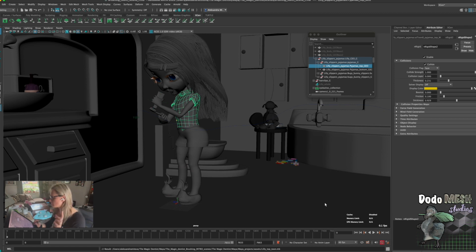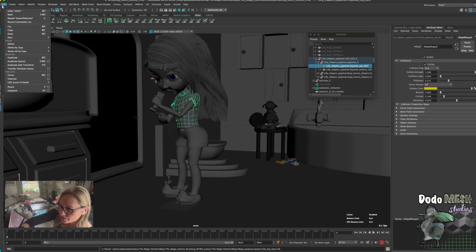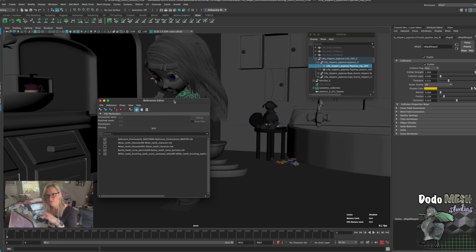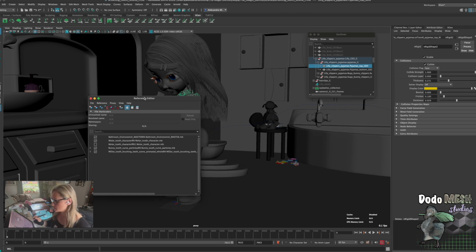Yes, I wanted to show you one quick thing, because before the summer holidays I did a video on referencing files, and specifically for characters with a rig and amending skin weights and everything. So what I've decided to do with this project is, let me just open the reference editor so I can show you what I decided to reference and what I didn't reference. I'll give you my reasons why. Okay, so for those of you who haven't seen the video from the summer holidays regarding amending skin weights in reference files for characters' rigs,